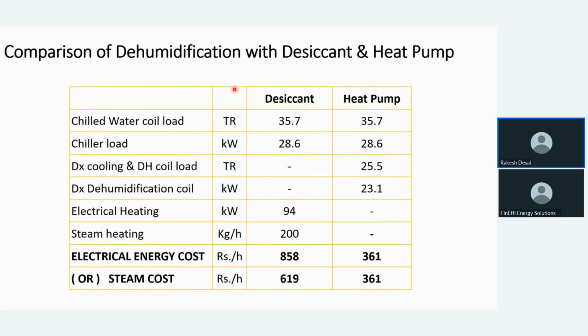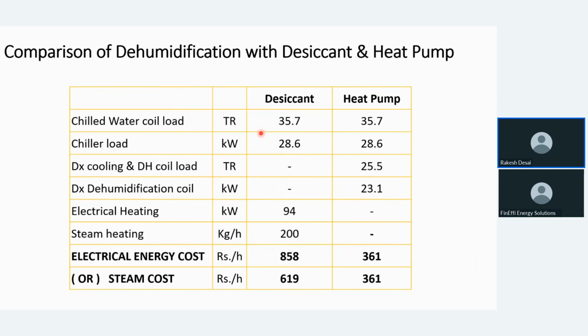For similar applications, a desiccant type of dehumidification system is used, in which there is a desiccant wheel over which the air is passed. This air, after passing through the dehumidification wheel, gets cooled down by the chill water coil, and is then further reheated based on the RH requirement. To regenerate the dehumidification wheel, fresh air is taken and heated, and that fresh air is blown over part of the wheel to regenerate it. If we compare the desiccant type dehumidification system with the heat pump system,